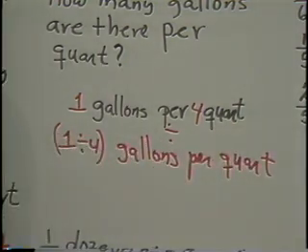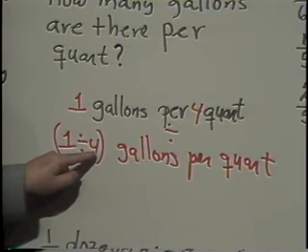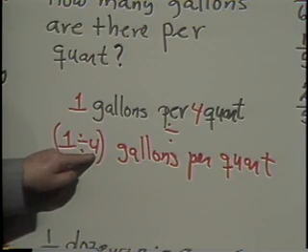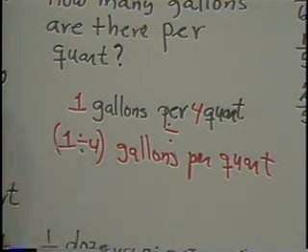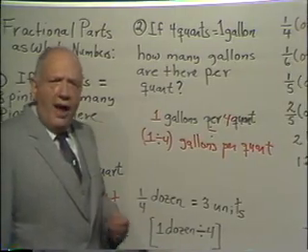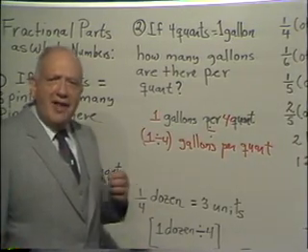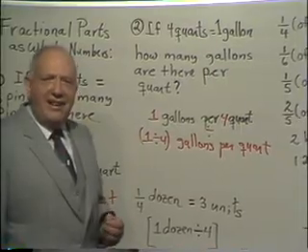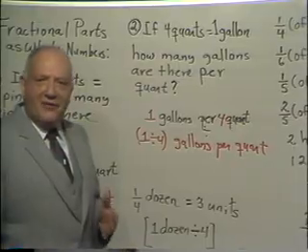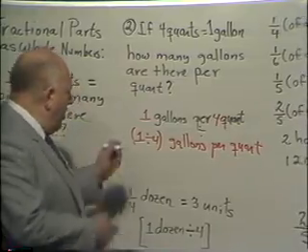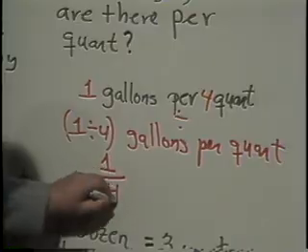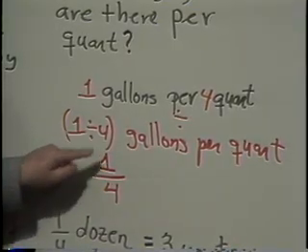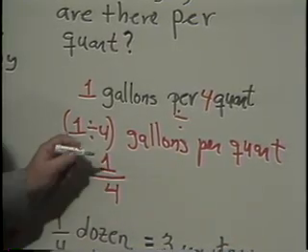And now you see we come to something brand new. 1 divided by 4. What number, when multiplied by 4, gives you 1? Since 4 times 0 is 0, 0 is too small. And since 4 times 1 is 4, 1 is too big. So the number we're looking for has to be between 0 and 1. You see, it's a fractional part of a gallon, just like a slice of pizza is a fractional part of the pizza. And what we do is we invent a new notation. We write the 1, a horizontal bar, then the 4, and we read this as 1/4, and the answer would be 1/4